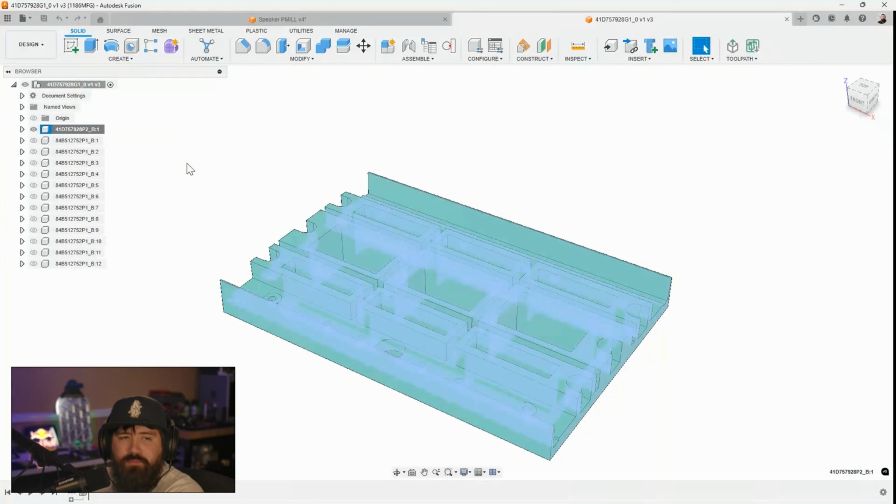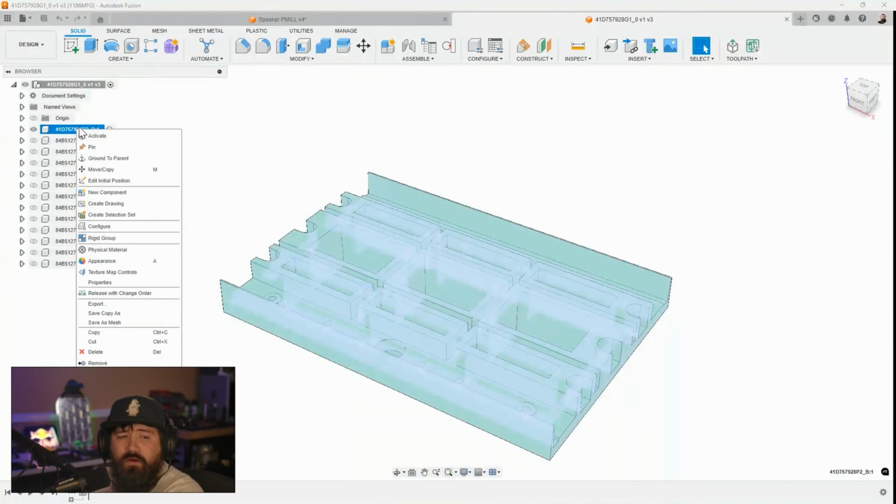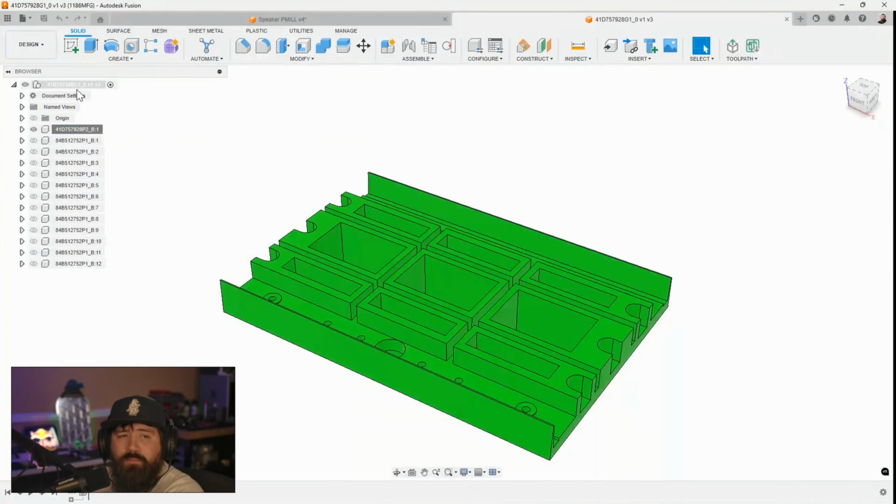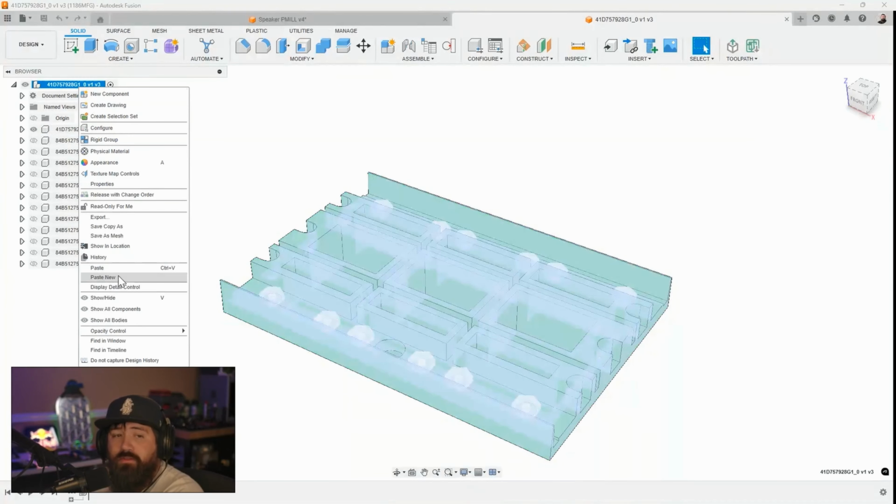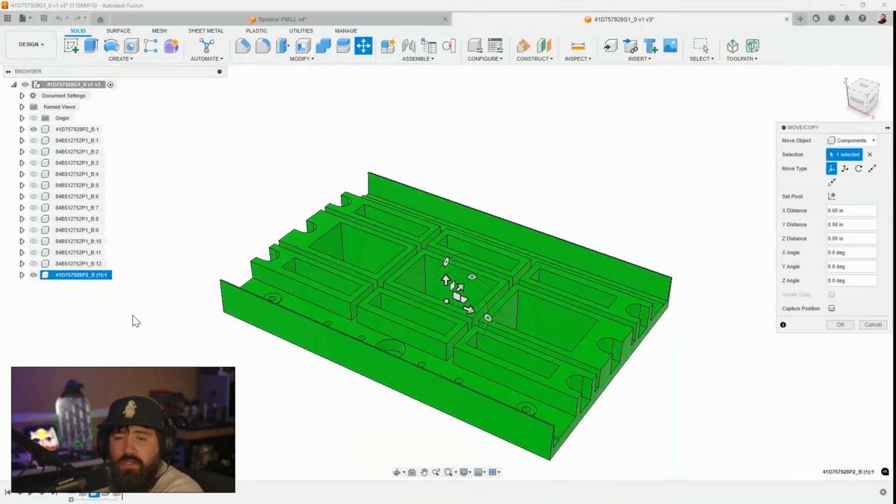But copy it, paste another one in there. If it's a component here, you do want to be careful of copying it. When you go to paste it, we do want a new version of that model. So we're going to paste a new one. Actually, let me